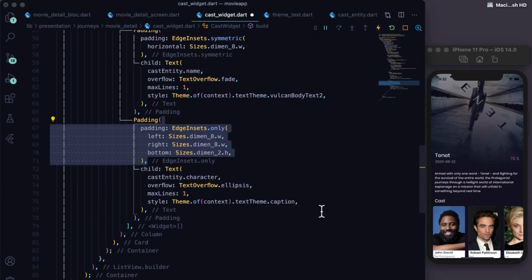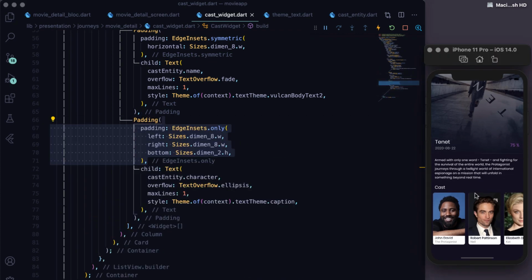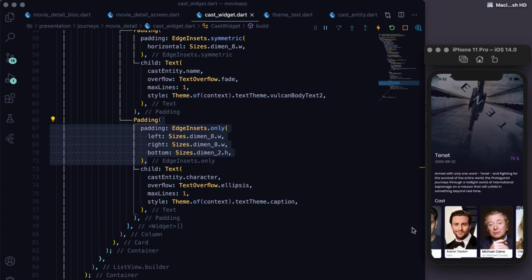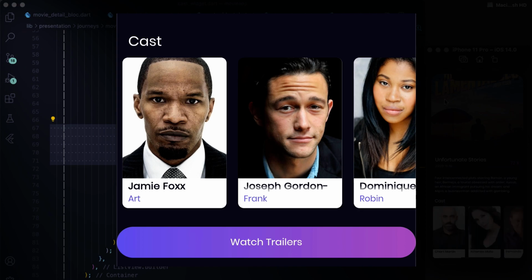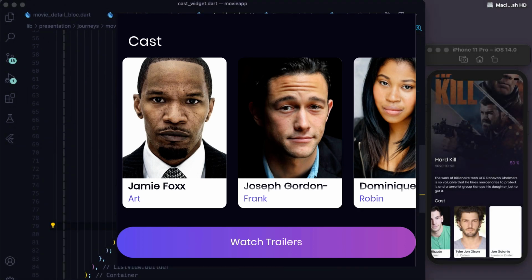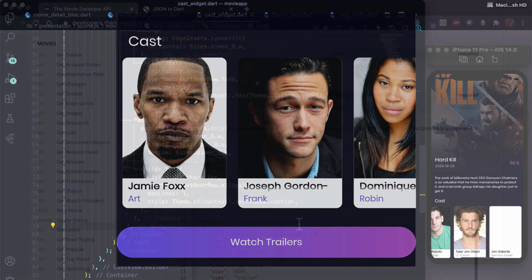After doing with the cast, the last thing will be videos. We will show a button Watch Trailers if there are any trailers for that movie. On tap of that button, we will navigate to the next screen, showing first video that can be watched and all videos in a list. When you tap on another video, it automatically starts the other video. If there are no trailers for that movie, we won't show the Watch Trailers button.